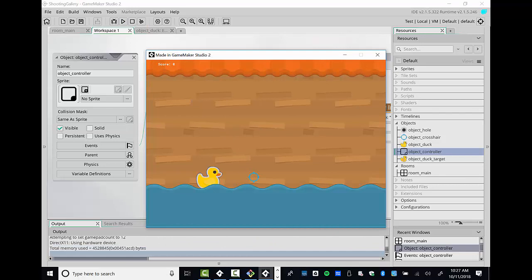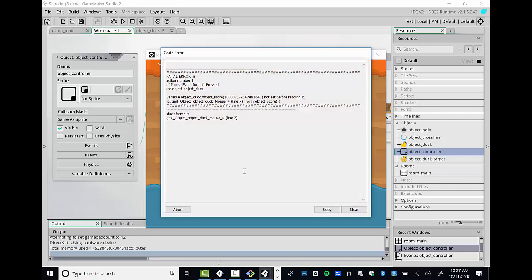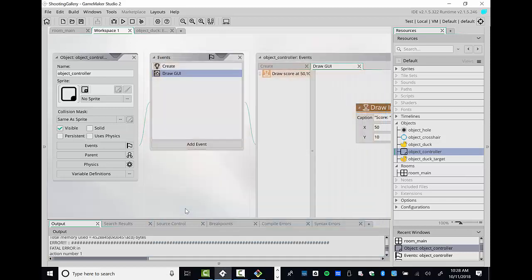It still says score 0. And we have an error. Okay, so the error is when we go to click it. So this is why you want to test on an ongoing basis. So when you see an error like this, read it. It tells you something. It says variable object duck object score. Okay, and hopefully you were reminded of the fact, and we're just going to click abort, which stops the program